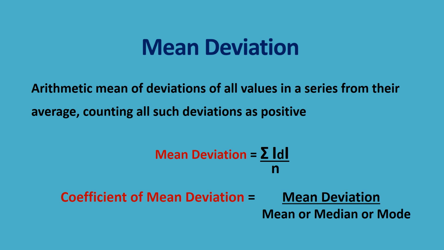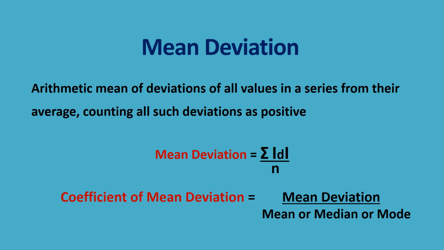So, an ideal measure of dispersion must take into account all the items of the series and must be calculated from average. The measure which takes average into account for measuring dispersion can be called mean deviation or average deviation, and it will be a more ideal measure of dispersion.